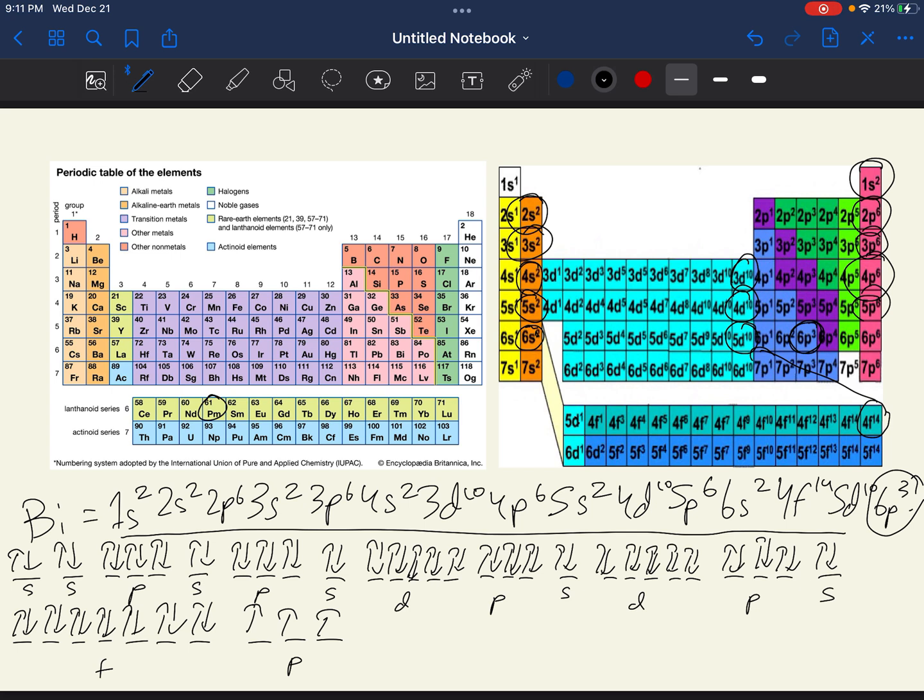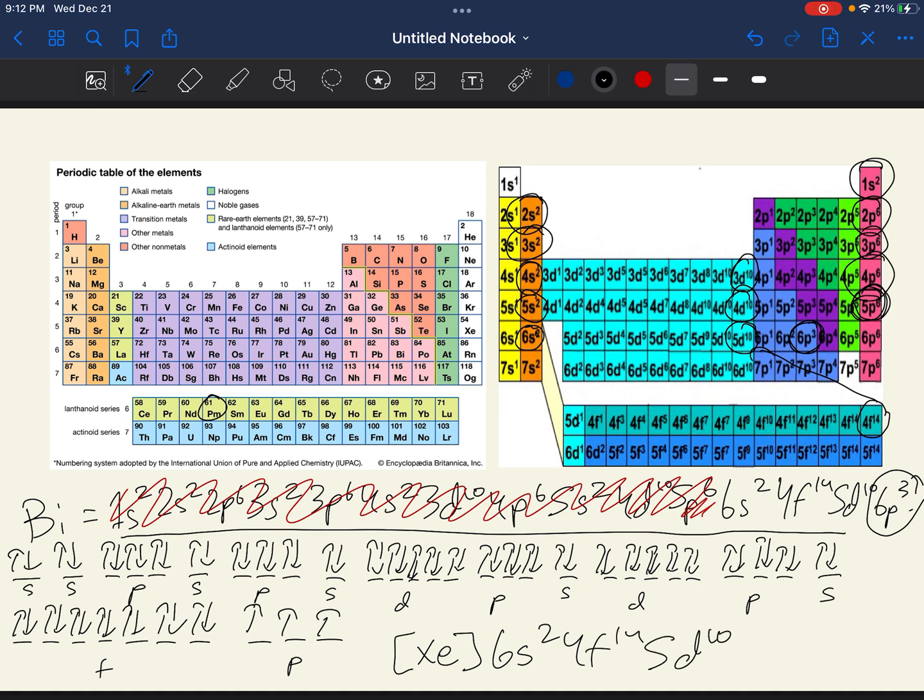So what is the last noble gas that we passed? And that would have to be xenon. So that would have to be 5p6. So you'd write Xe. And then we would not write anything until 5p6 or after 5p6. So then all we have to write is 6s2, 4f14,